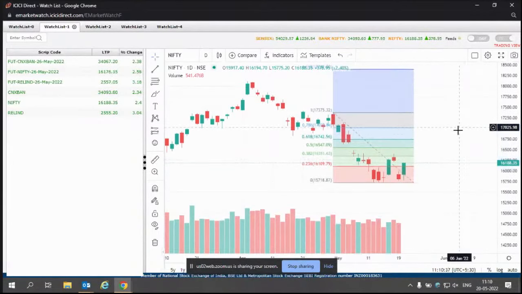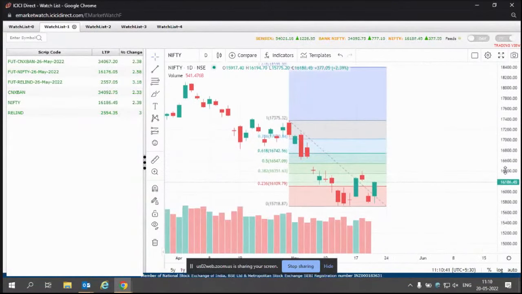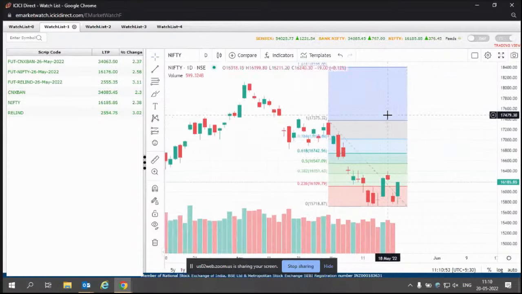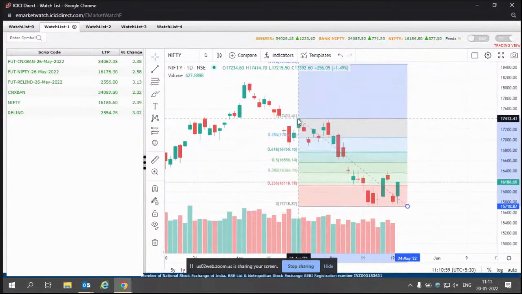This is how the Fibonacci retracement works out, and it is important to see in such a current volatile market. If you look at the market on the Nifty, the movement which happened from 7,500 for Nifty to almost 18,600, you can take the Fibonacci retracement to see how much the stock can correct. Sumit, take a retracement from,